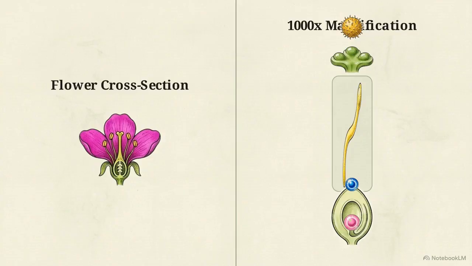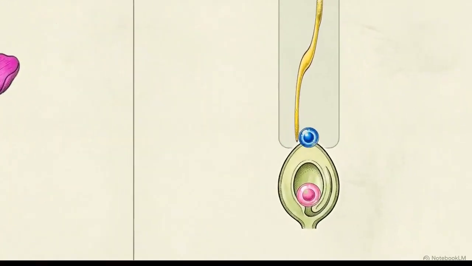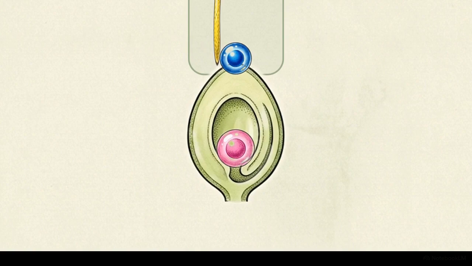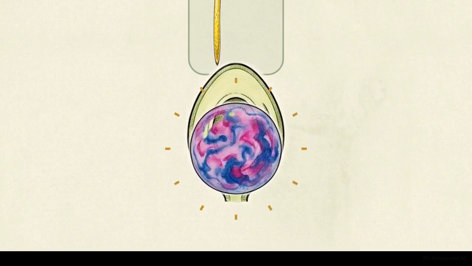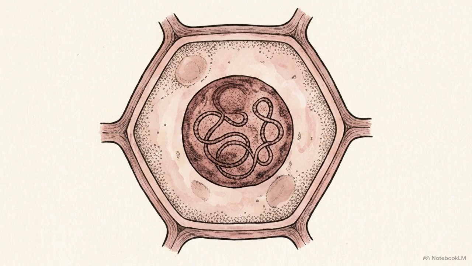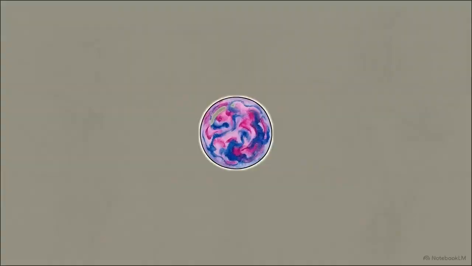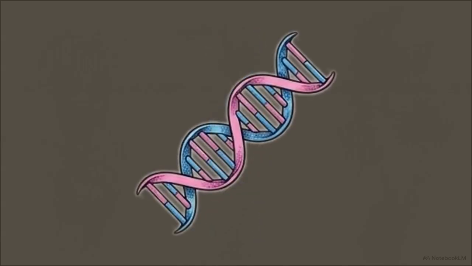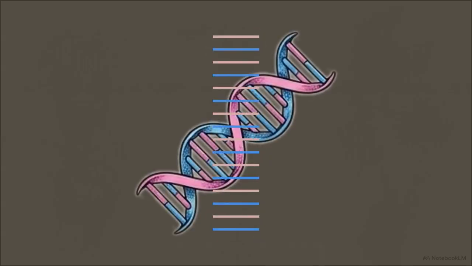The exact moment of fertilization happens right here at the base. As the male gamete exits the tube, it fuses with the female gamete. This microscopic collision forms a single diploid cell called a zygote. This precise moment of fusion is the finish line. The two separate sets of DNA are now locked together into a single organism, generating the genetic variation we identified